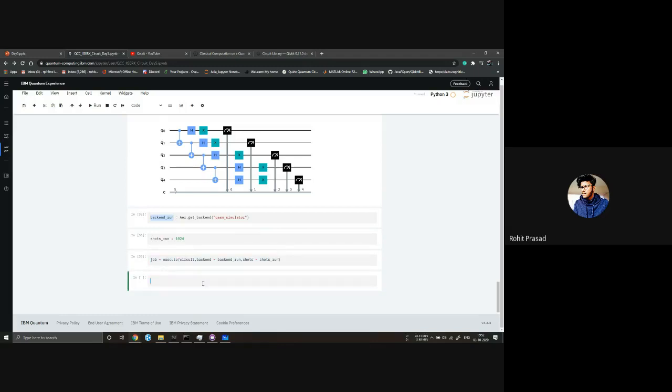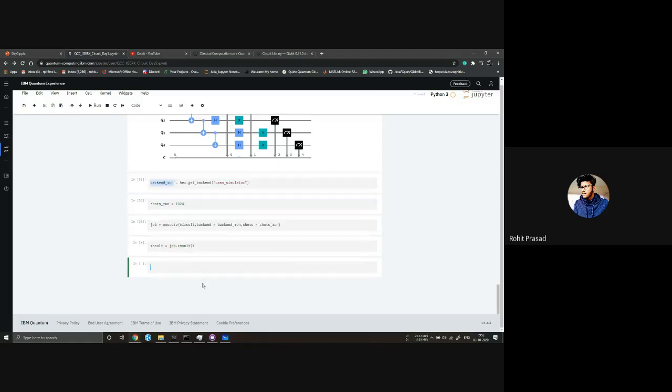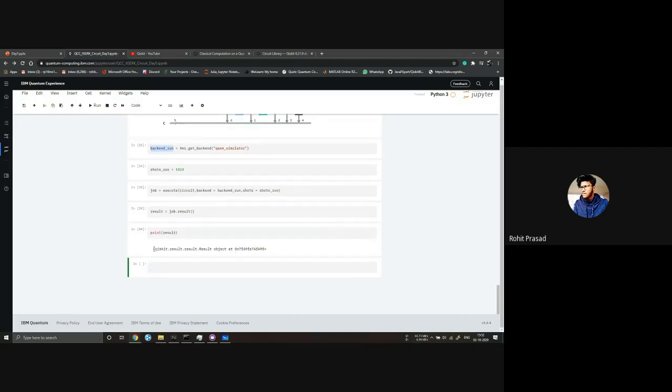Now we have defined the job, and we want to run it. We want a result out of it. Result is job dot result. This will give us the result. If I print result, I won't get anything useful.